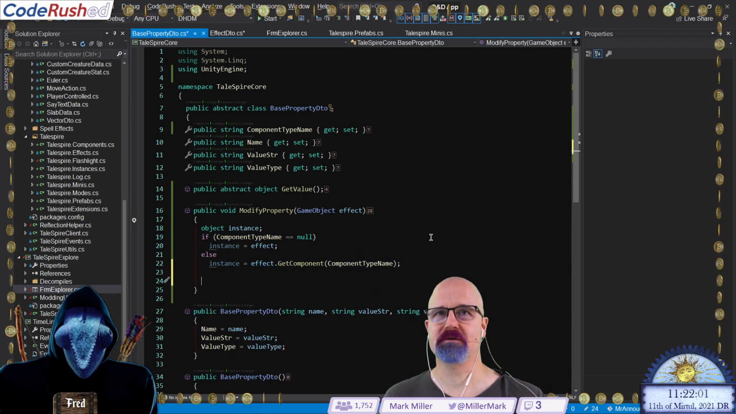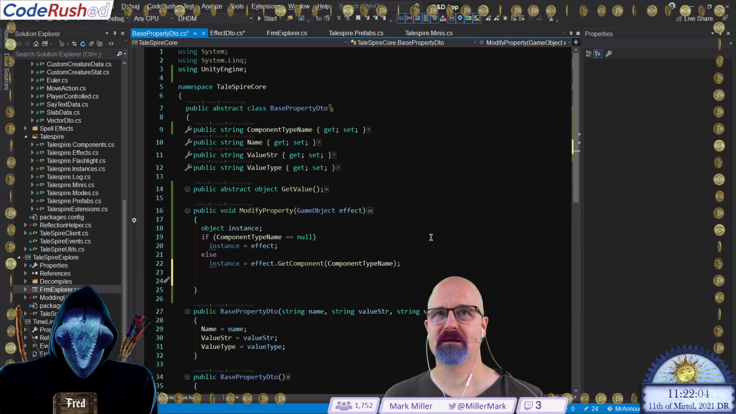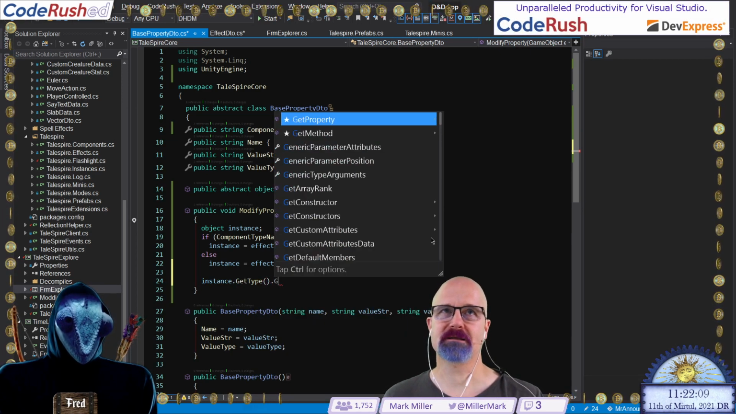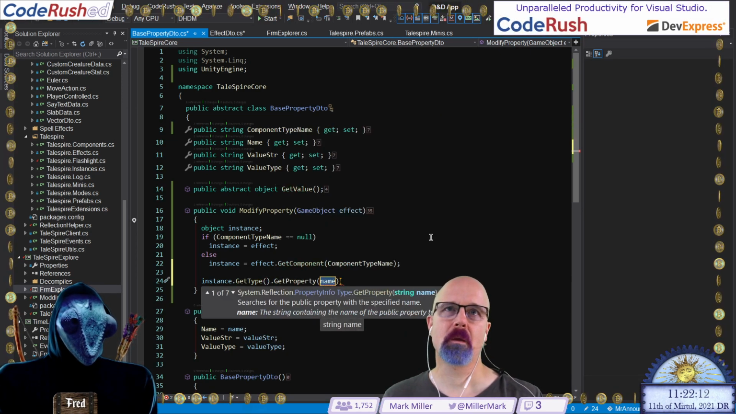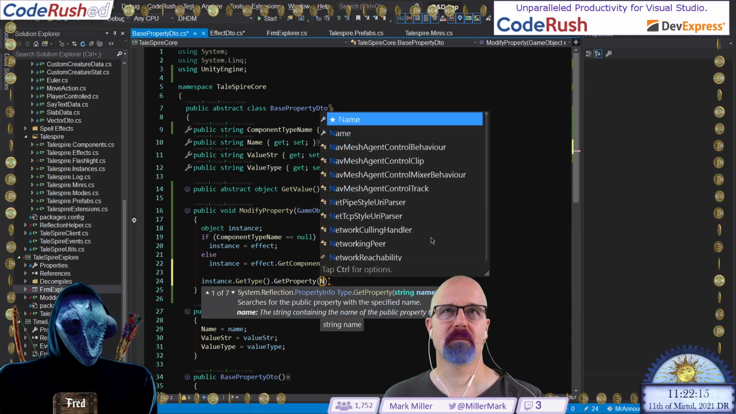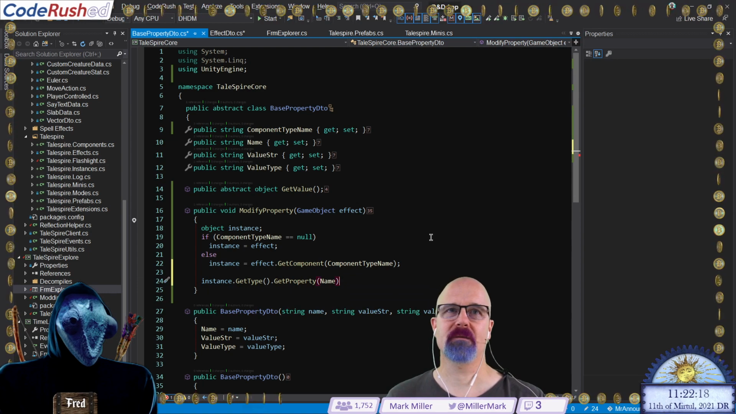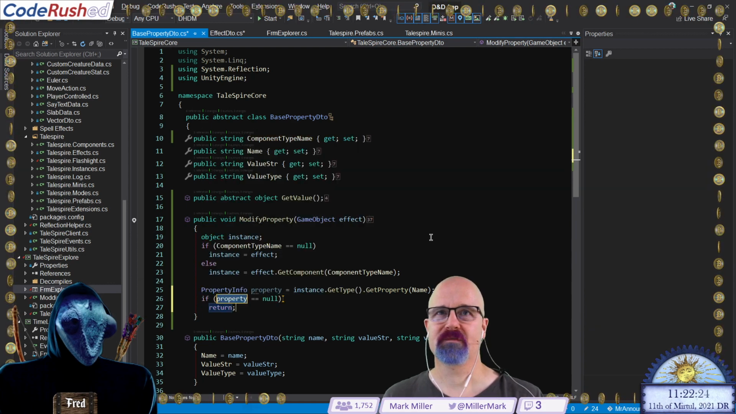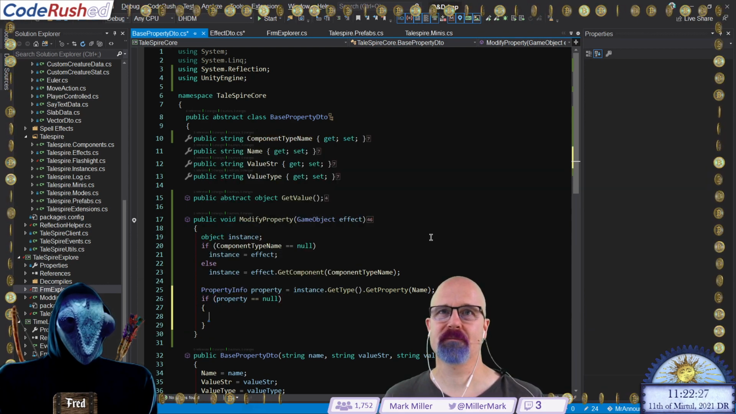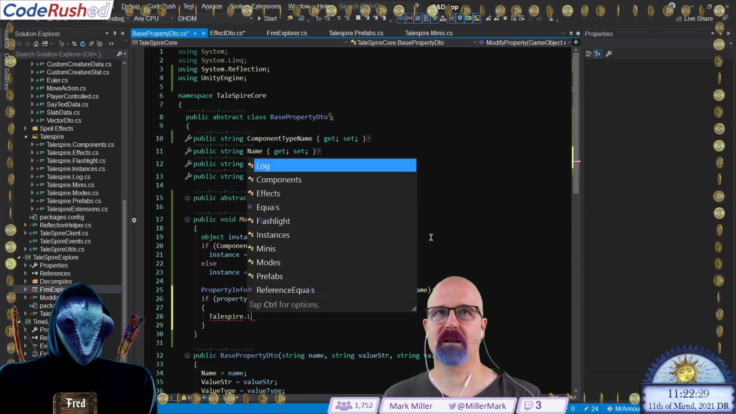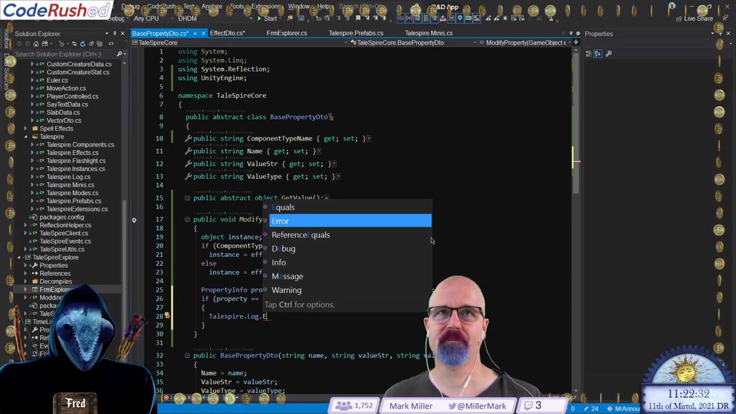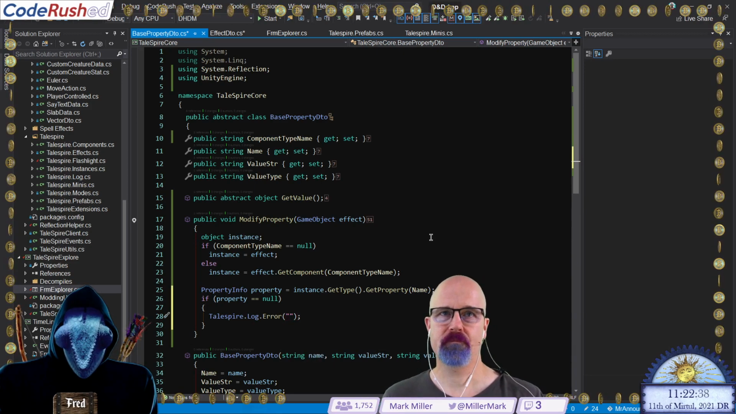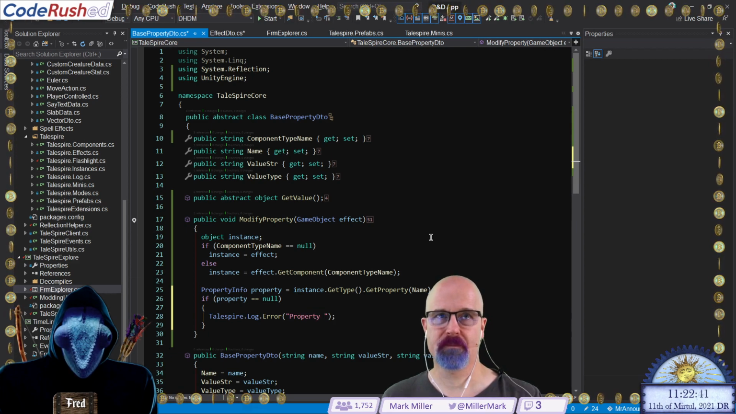Next, we need to do this. We need to say, I think it's instance dot get type dot get property name, which is just name. Yep. Like there. Let's go get that guy. And if it's null, there's nothing we can do. Well, we can log TaleSpire.log.error. Property